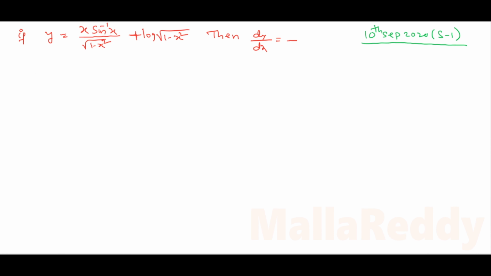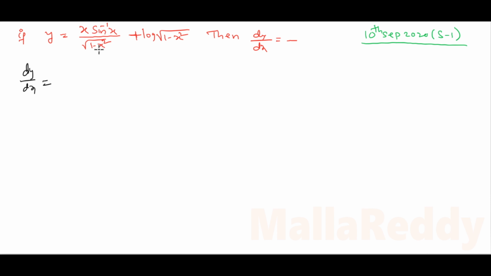If y is equal to x sin inverse x by root 1 minus x square plus log root of 1 minus x square, then the value of dy by dx is dash. This problem is from September 10th 2020 shift 1. Here is given y is equal to x sin inverse x by root 1 minus x square plus log root 1 minus x square. So take differentiation on both sides, and the derivative of y is dy by dx is equal